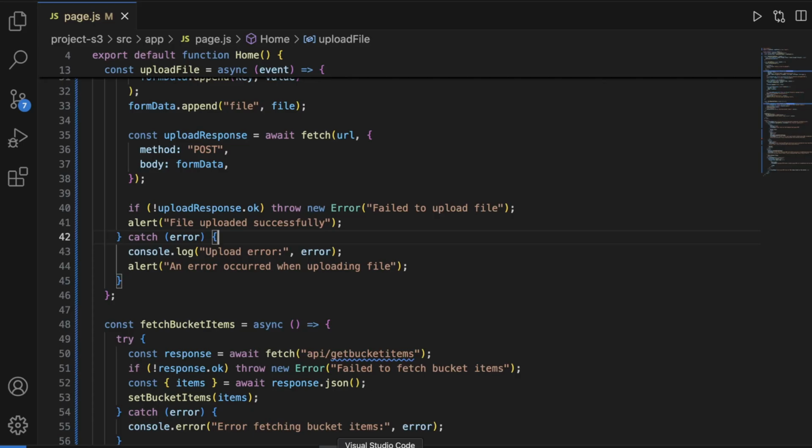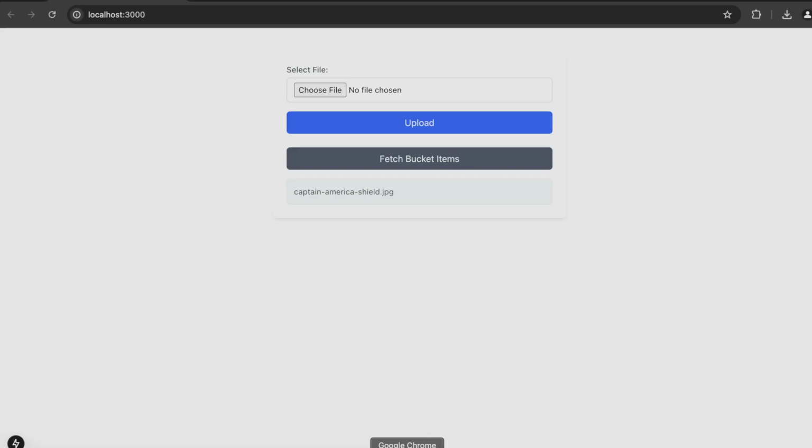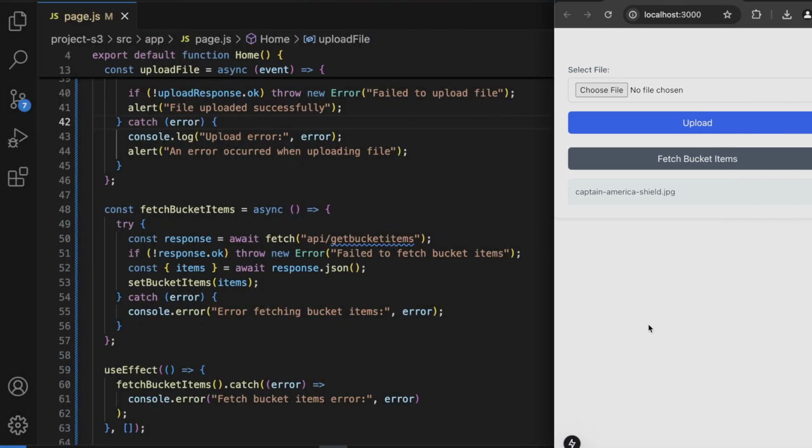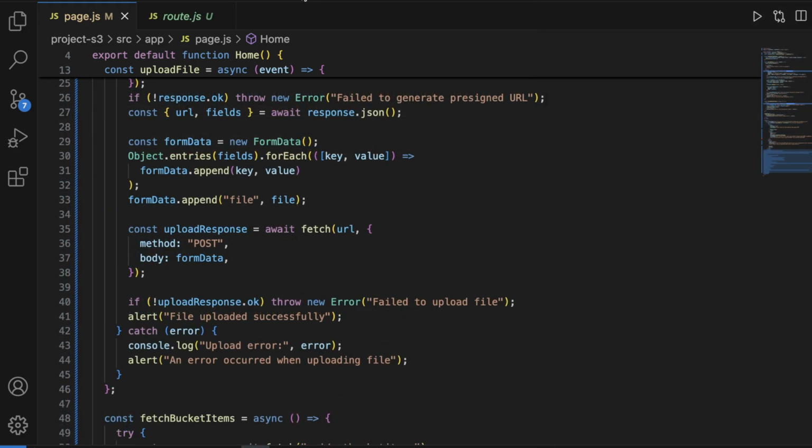So how do we make it show rather than just list it here? We've gotten the main step. We have seen the Captain America shield. So how do we now see the image? In order to see the image rather than just the name of the item within the S3 bucket, what